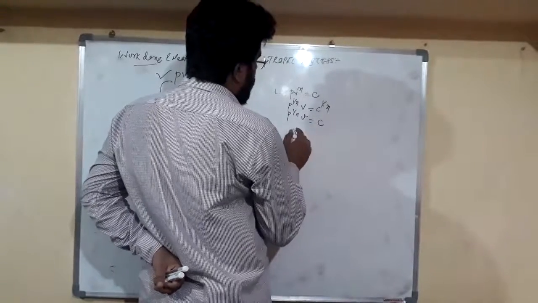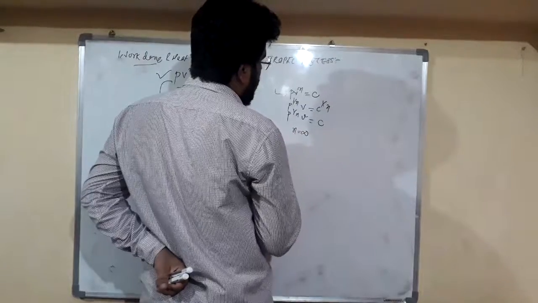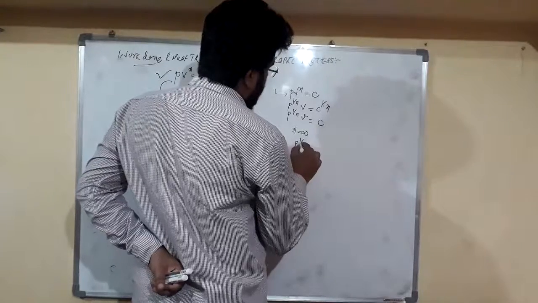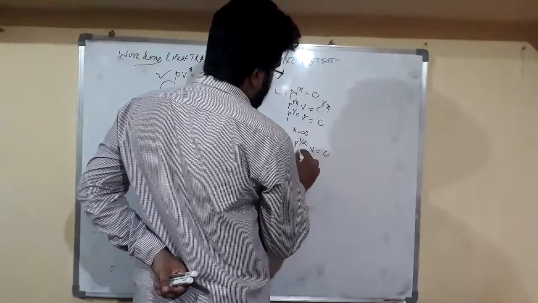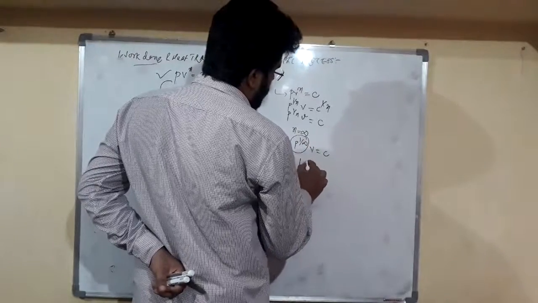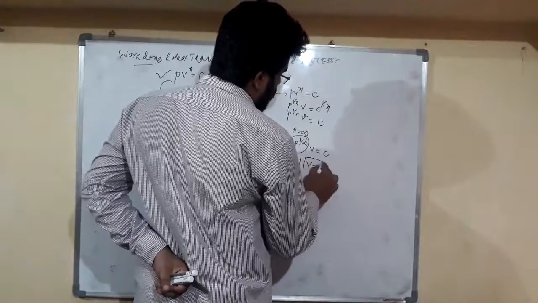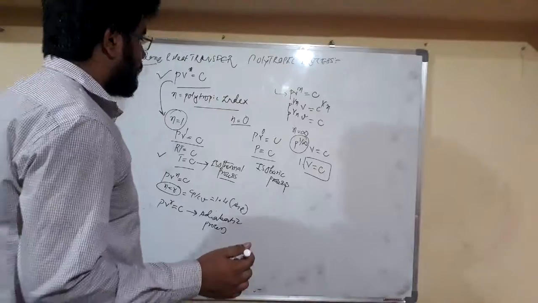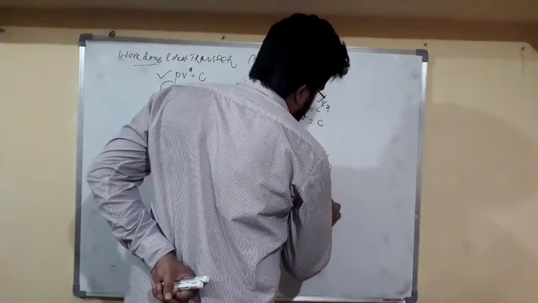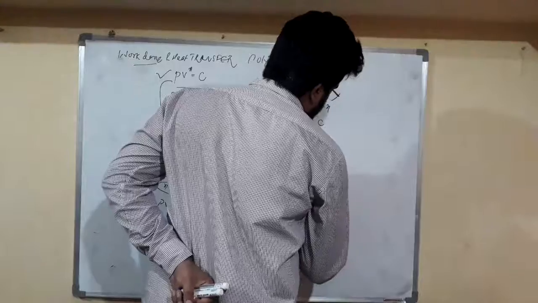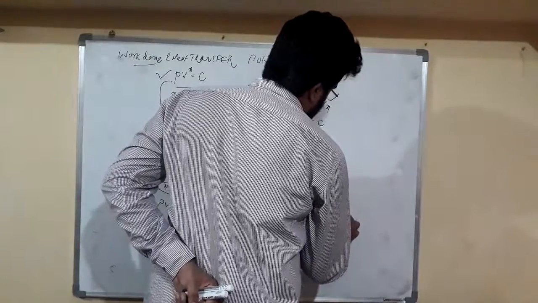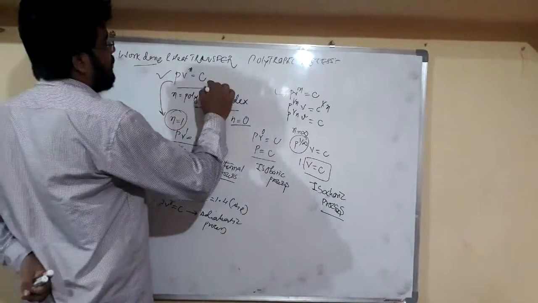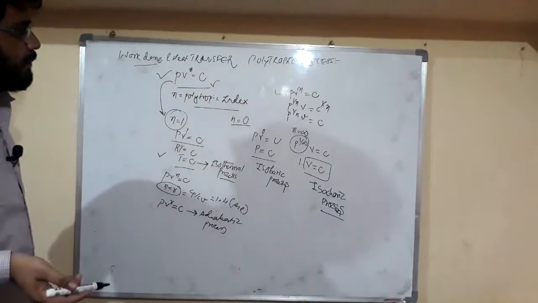Okay. Now friends, we will put n equal to infinity. Then friends, P^(1/infinity) V is equal to constant. So this term becomes 1 into V equals constant. So we are getting volume is constant. And friends, if in any process volume is constant, then it is called an isochoric process. So friends, from this polytropic equation, we can derive various equations here.